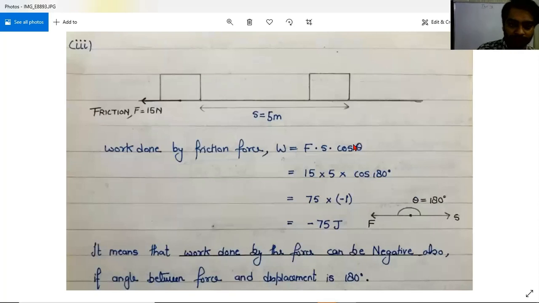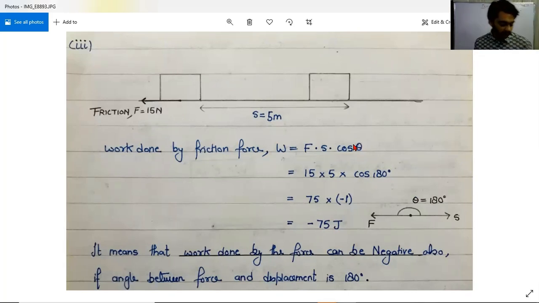Now look at the next, the third case. Now they are asking, find the work done by friction. The body is moving with the applied force which we have applied, but with that force there are two forces also acting. Now they are demanding, find the work done by friction. The formula is Fs cos theta. यही formula याद रखना है, यही करना है, बस values put करनी है. बस put करने से पहले you have to decide what the angle is.